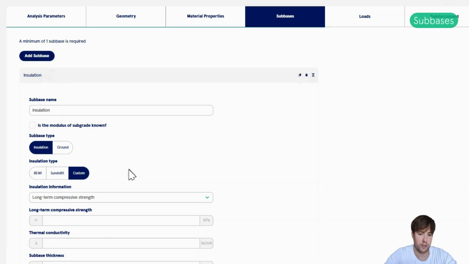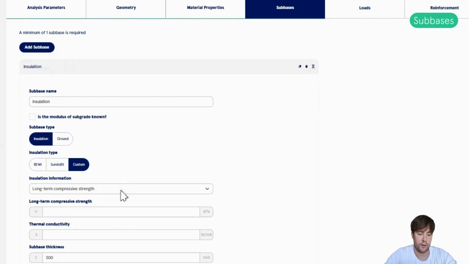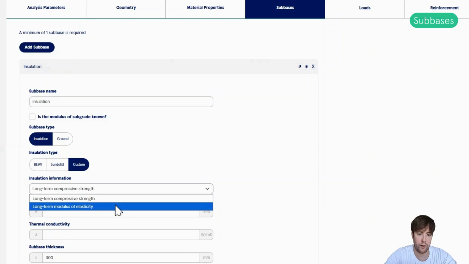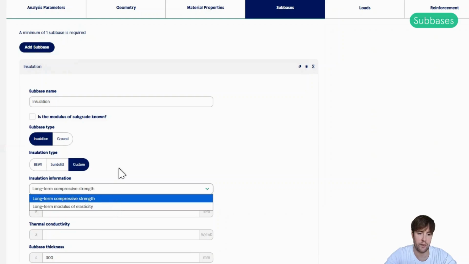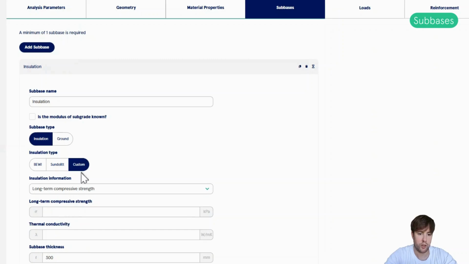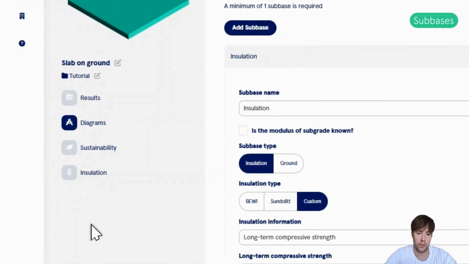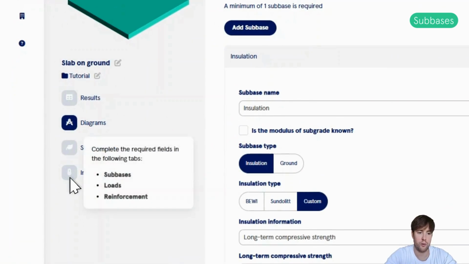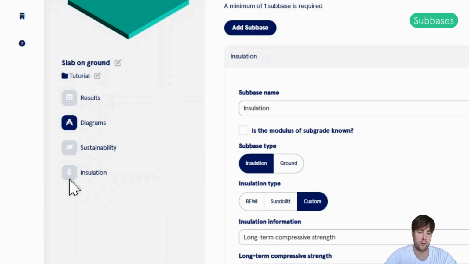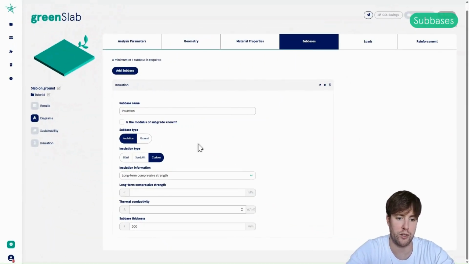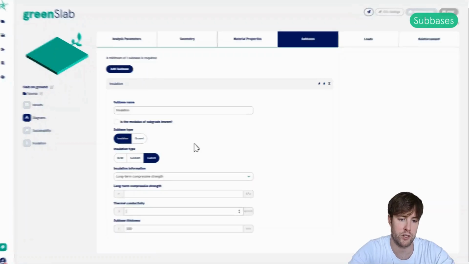Lastly, we could choose custom, and here you then have the option to either type in the long-term compressive strength or the long-term modulus of elasticity. When you choose custom and you type in, let's say, the long-term compressive strength, you also need to type in the thermal conductivity, this lambda value. And that's because our program, when you choose insulation, will also make insulation calculations or U value calculations.